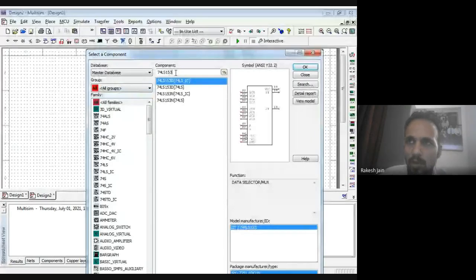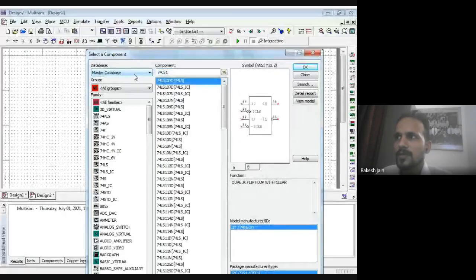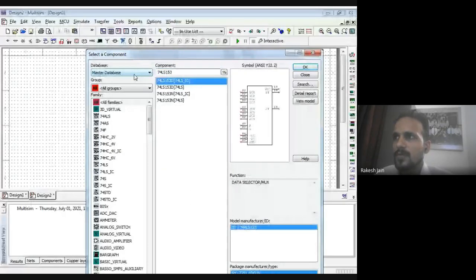On all groups, you should write down 74LS153. So automatically this multiplexer will appear. Just click on OK, and then that IC will be placed.